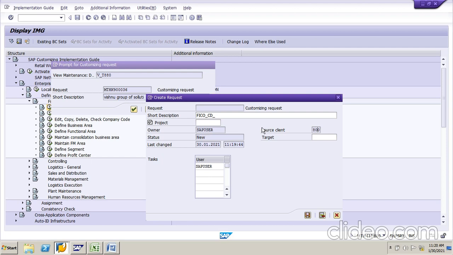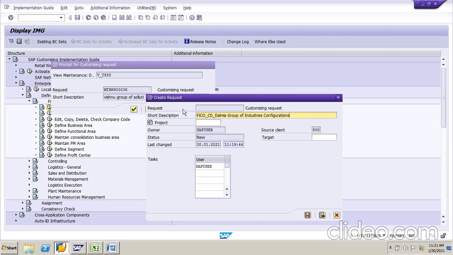It will not impact other clients. Okay, that is client dependent. So what is your company? Dalmia Group of Industries. So this is the description: FICO CD Dalmia Group of Industries configurations.